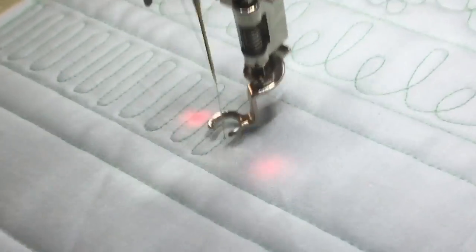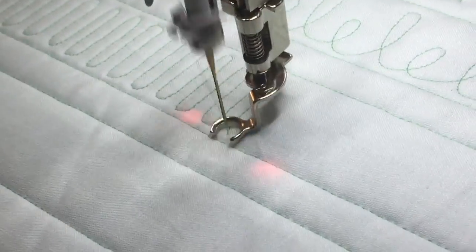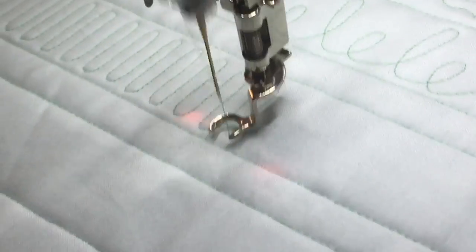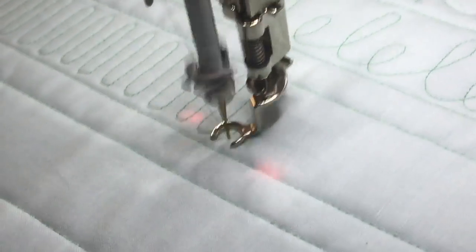The first is a simple back and forth pattern. This is a real workhorse, and notice here that I'm using my foot rather than my needle to keep my spacing consistent throughout this design. So I'm both looking at the left side of my foot on the previous stitching line as I quilt this design, and I'm also looking at the edge of my foot as I come to the top and bottom of